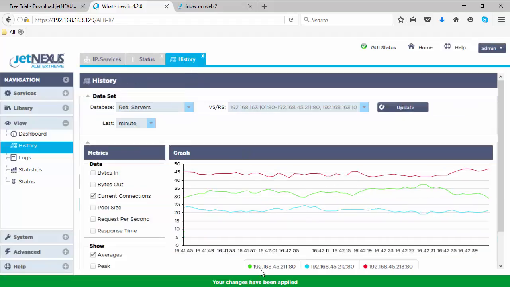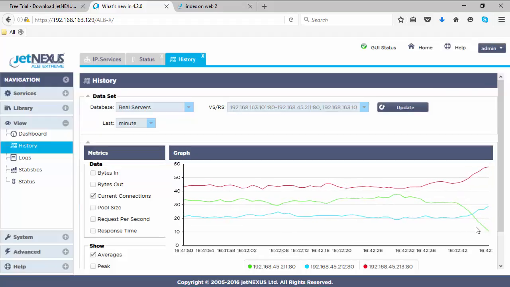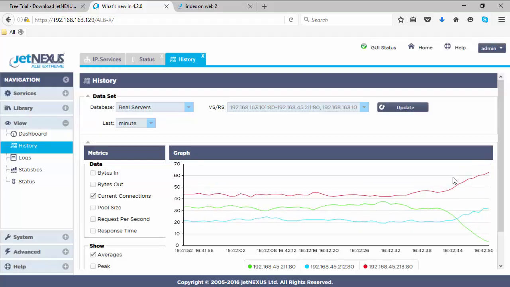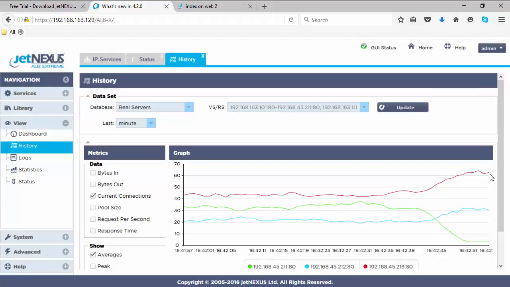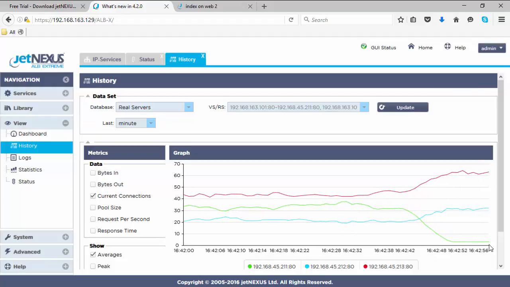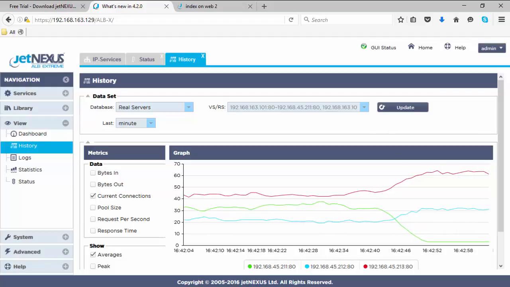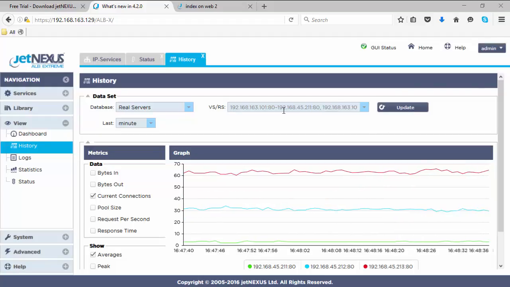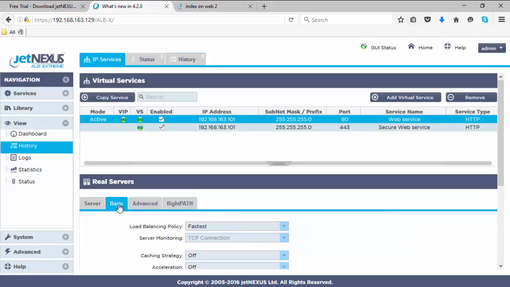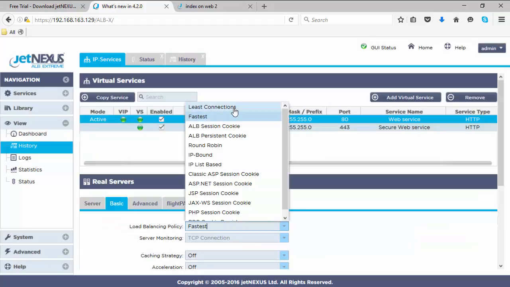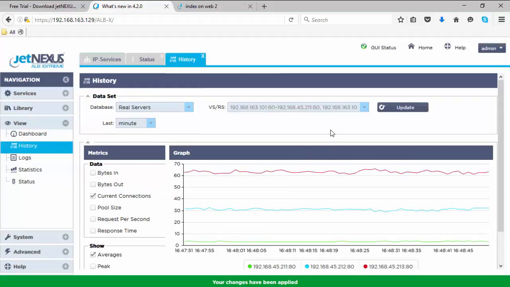So server number 1, which is in green, we can see that dropping down its current connections, and then we can see the fastest server dealing with those extra connections that came through. So we can manually restrict the server if we need to work out what's going wrong. So let's see what effect it has when we change the load balancing policy to least connections. So if we move to least connections, and click update and look back at our history,